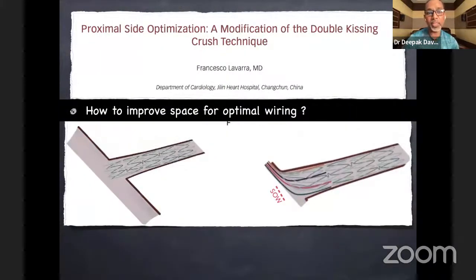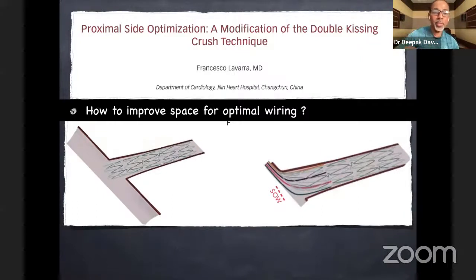You could do something known as proximal side optimization. That is how the cartoons look. When you normally position a stent in the diagonal branch, you design the stent size based on the distalmost size of the vessel. So let's say I took a 2.5 millimeter stent for this particular side branch. The distal side branch is 2.5, and proximally at the ostium, it might be 2.75 or a 3 millimeter